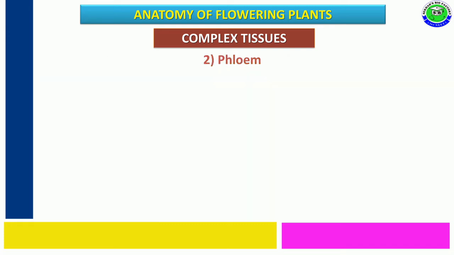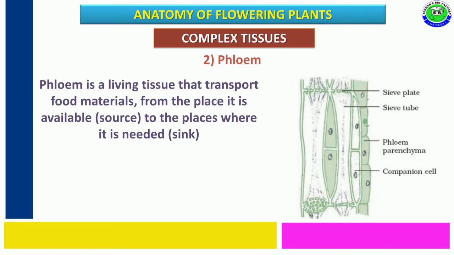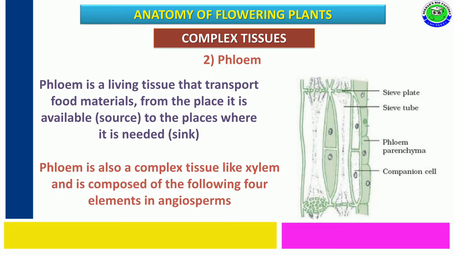The second main complex tissue is phloem. The phloem is a living tissue, and it has the capability for the transport of food materials from where they are available or synthesized, called the source, to where these food materials are utilized, called the sink. The phloem is also a complex tissue like xylem because